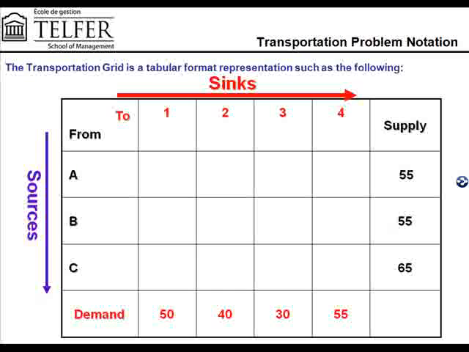So the table between these supply points and demand points is meant to show you the actual flow of material from the supply point to the demand point, as well as the cost of transportation between specific supply points and demand points. At the end of the row, what you see is the maximum supply that is possible out of a supply point. So in this case, what we're saying is that point A can supply a maximum of 55 units or 55,000 units if